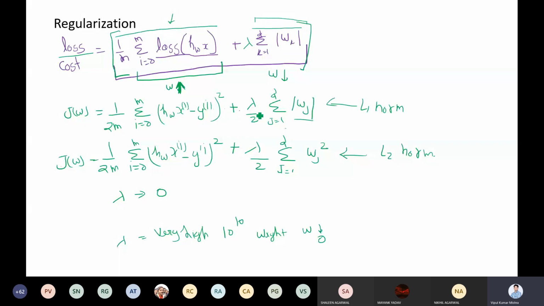Like the learning rate alpha, where you choose 0.001, similarly you can choose different lambda values and see the impact on the training. Getting it? So this is the modification on the cost function. Now, if your cost is modified, then definitely your weight update equation is also going to be modified, because what we do is take the gradient, or differentiation, of this cost function to update the weights. That is gradient descent. In order to update the weights, you will take the differentiation of this entire equation. So what will be the updated weight value?